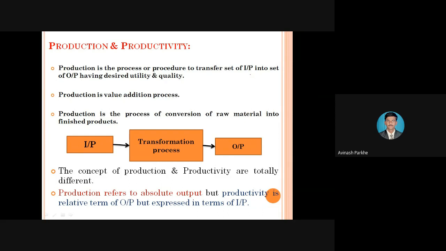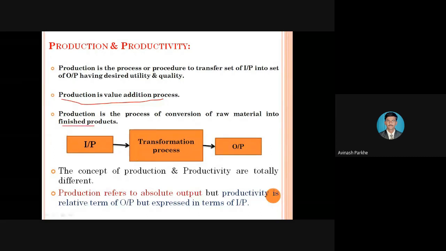Therefore production is a process, or a procedure, to convert the raw material into the finished goods. Also, production is a value addition process, because sometimes the standard manufacturing processes take a lot of time to convert the raw material into the finished goods. At that time, in that particular manufacturing process, we can provide some additional processes. Due to those processes, we can eliminate the ineffective time, so your raw material can be converted into the finished goods in a minimum amount of time. Therefore, production is the process of conversion of raw material into the finished goods.